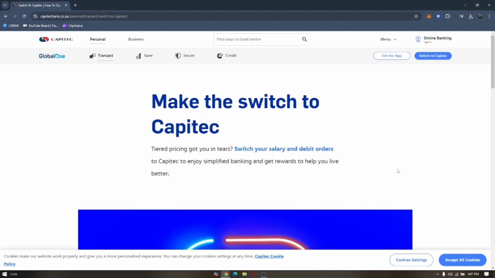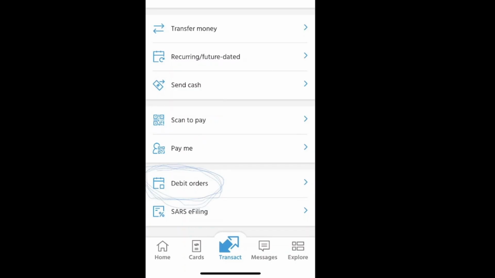How to reverse money from Capitec application. First things first is you have to download the application through Play Store. After that, you log into your account, and once you logged in, you'll be able to see this kind of